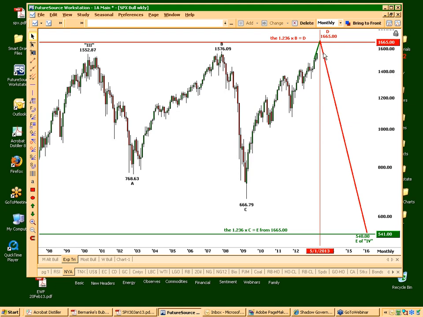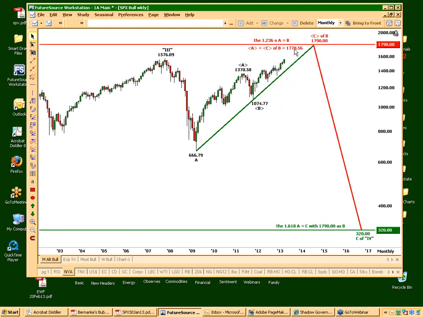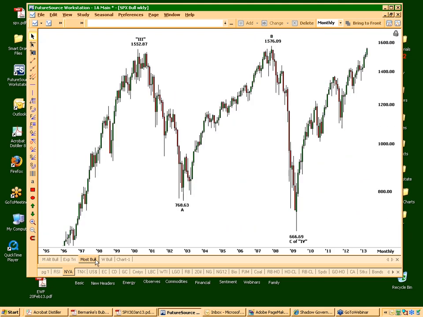Now, as one last caveat, there are cases for something more significant than 1590. For instance, there's a case for 1665, but then a dramatic dump. And there's actually a case for something between 1780 and 1790, but then an even more dramatic dump. So we're in the territory where what all these models have in common, technically, is the presumption that the higher it goes, the harder it will fall.